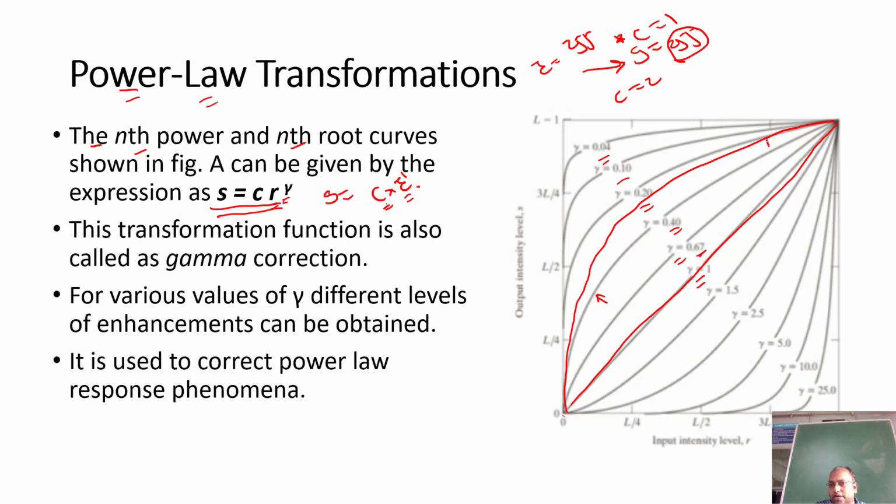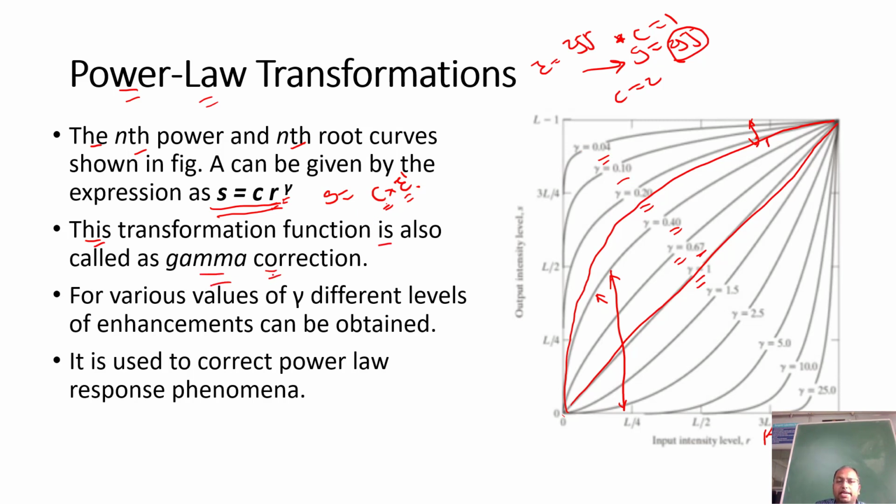So again the lower range of pixels will be mapped with very small variations into the brighter pixel intensities, right? So this is nothing but the variation. Over here, again, this gives you some kind of appearance like that of your log transformation, right? Okay, so this is nothing but a power law transformation. This transformation function is also called gamma correction.